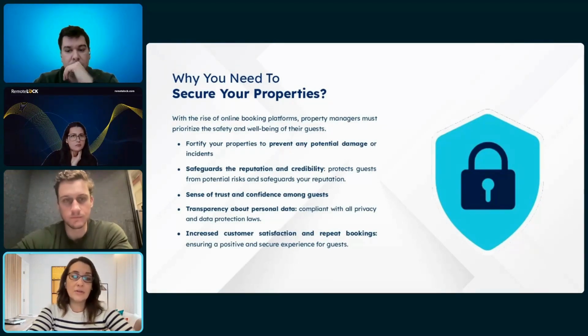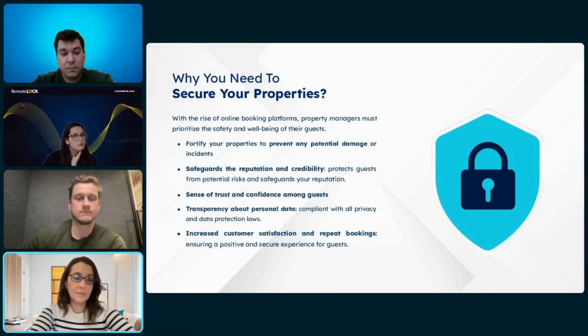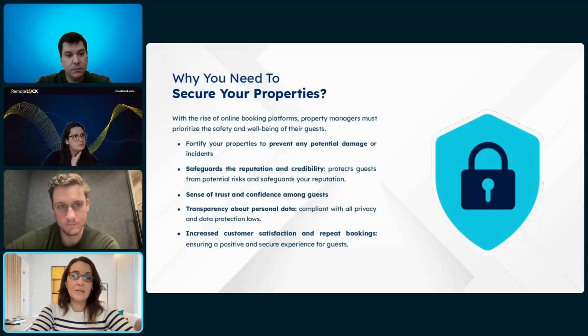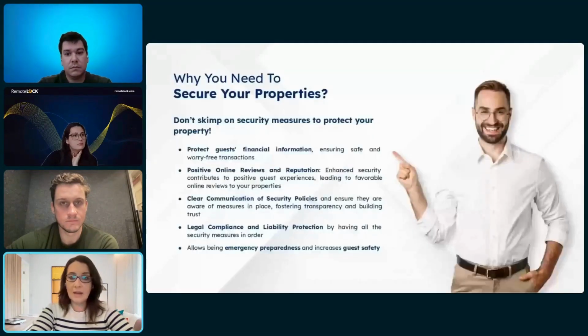There's also a lot of transparency around personal data. So there are different data protection laws and privacy laws depending on the region. So again, we highly recommend that you check in with the local authorities or perhaps even an association, which will have any updates on that information, to ensure that you're adhering to the privacy protection and data protection laws as needed,